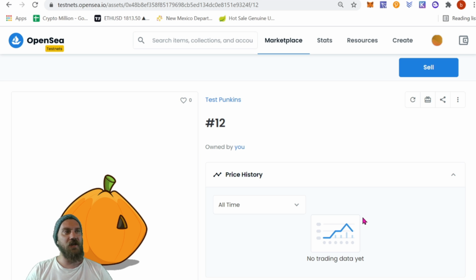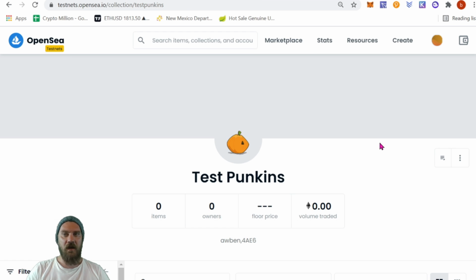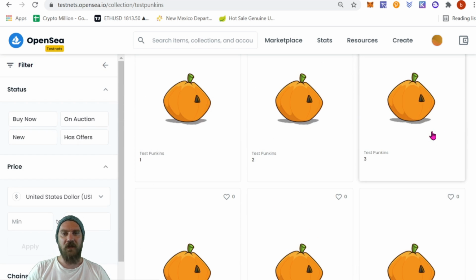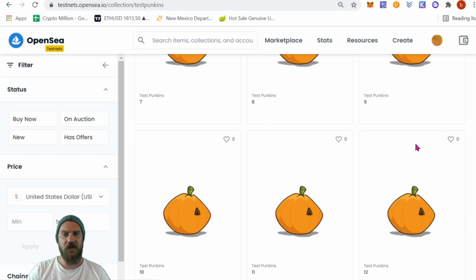We did double check and verify all of our information is correct, so we're just going to wait and hope that everything is right. If we want now, we can also view our collection from an outside account. So this is a separate account that we didn't use to create it. We can see all that information and see all the available pumpkins here.